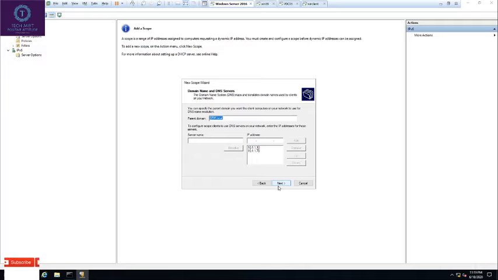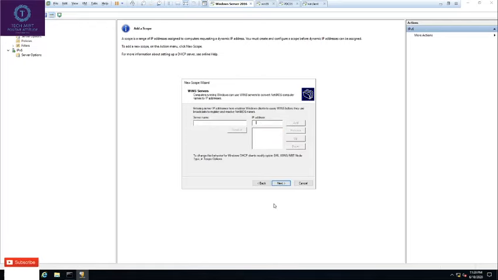Next, this is asking for DNS servers. I have two DNS server. One is 1.10 and another is 1.70. You can move this server up or down. I want to move this 70 server up. You can move it. You can move it down. If you have another DNS server, you can also add that server in this.